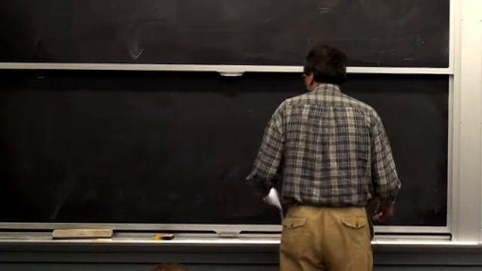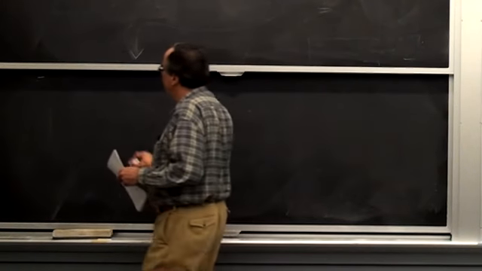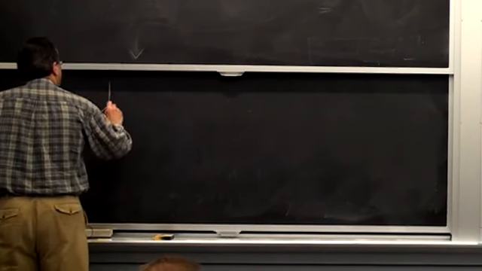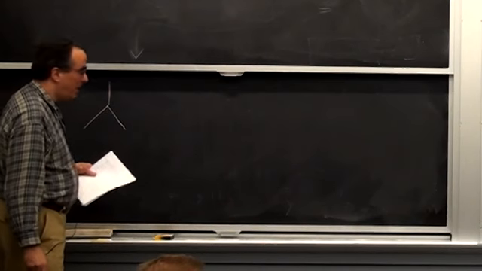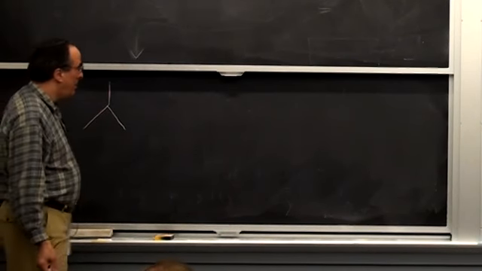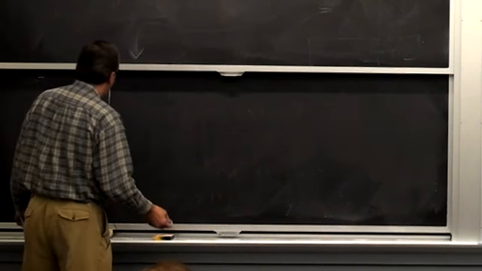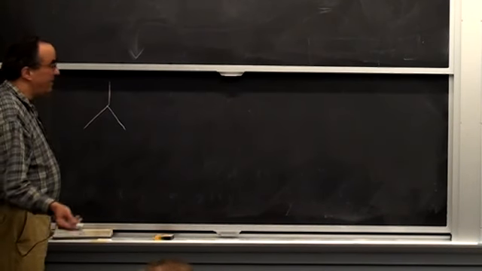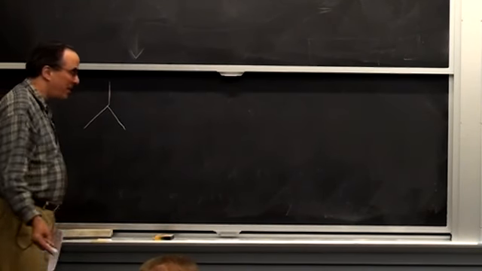So suppose we have a D3h molecule that's planar and symmetric. And so boron trichloride is the molecule that everybody talks about, but